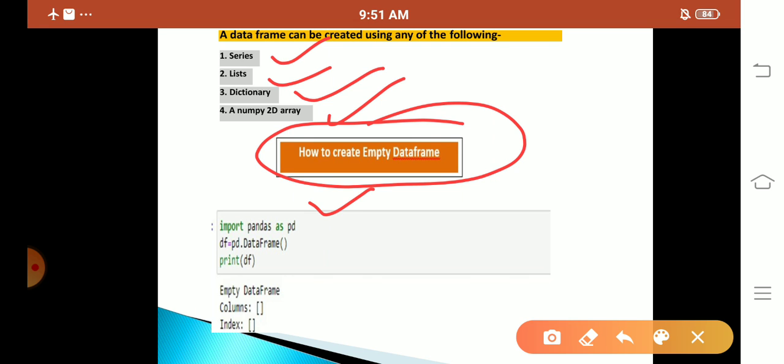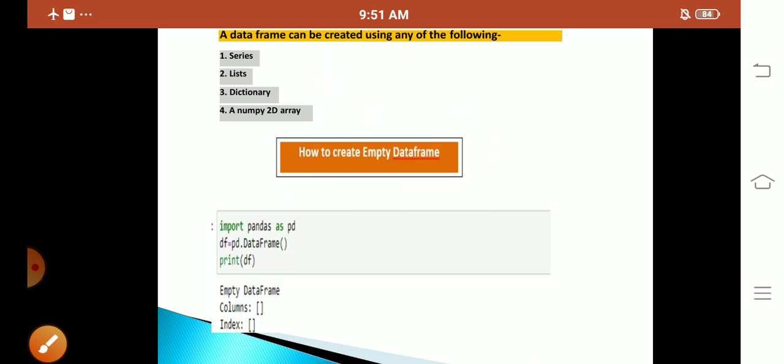Next, how you could create your data frame, by storing the values in your variable. I have given the variable name as df equals pd.DataFrame. What is the syntax? pd.DataFrame. Next, you will print your df, in which you have stored your data frame.